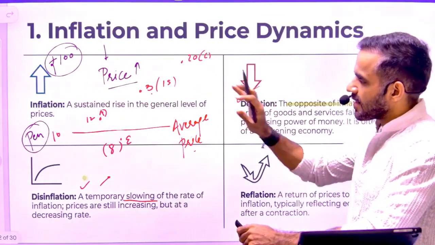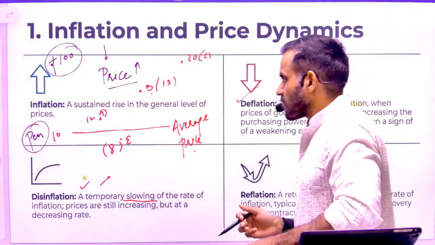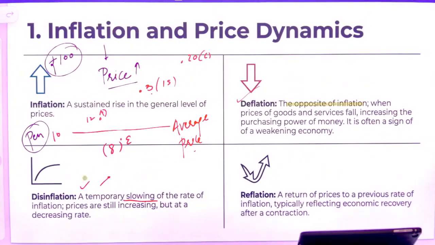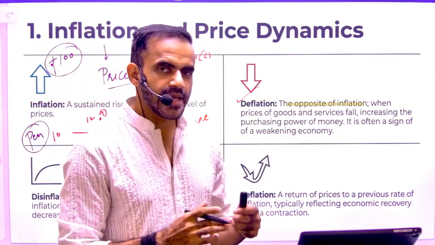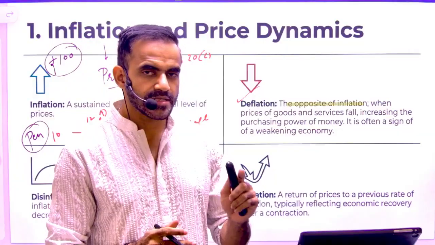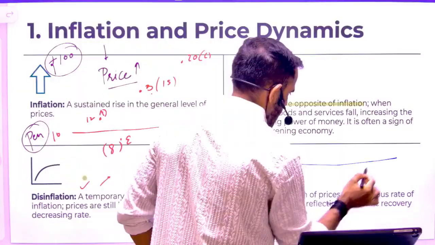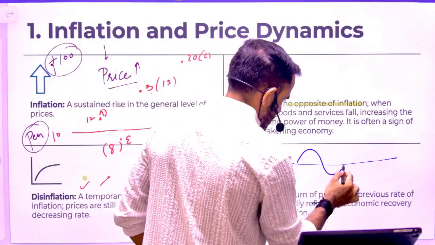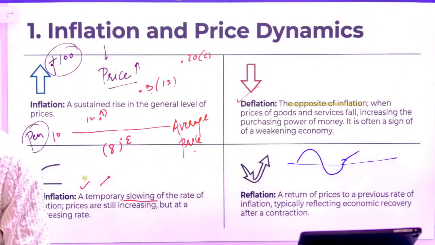So we have covered inflation, we have covered disinflation, we have covered deflation. Now there is one more concept, that is reflation. As the name suggests, re basically means, you might have heard this in review or revision, that again we are going through the same situation. So in this case the price has increased. That is reflation. Let's consider it using the same example. This is the price level. Previously it was like this, it went like this, and then suddenly there was another spike in the price. So these are 4 important concepts.